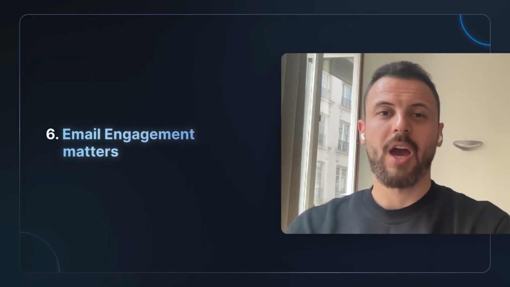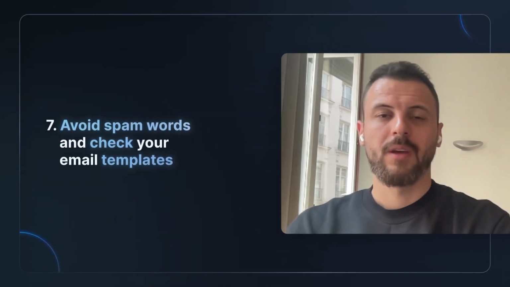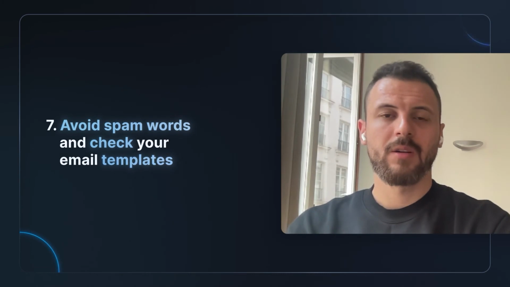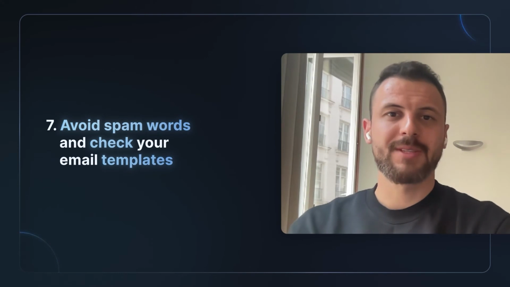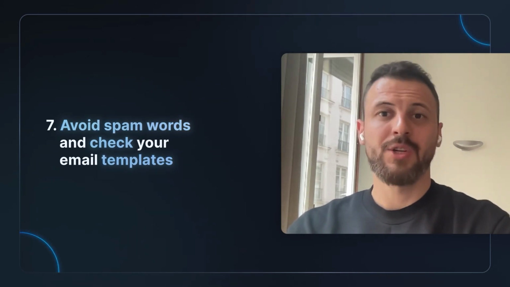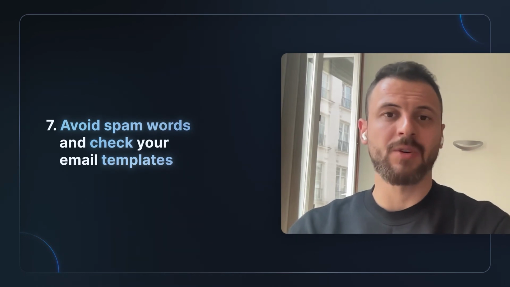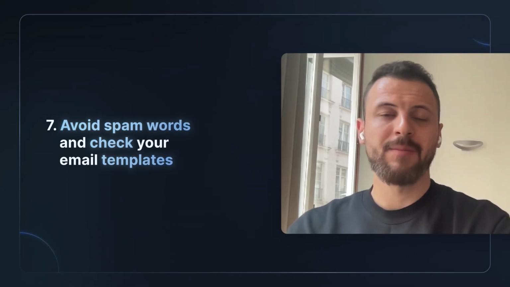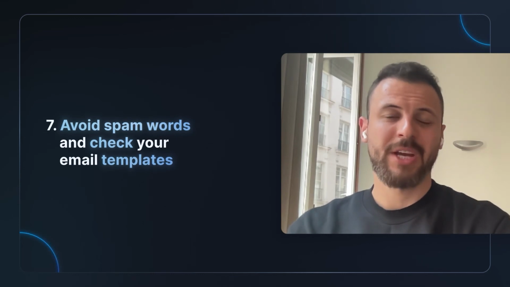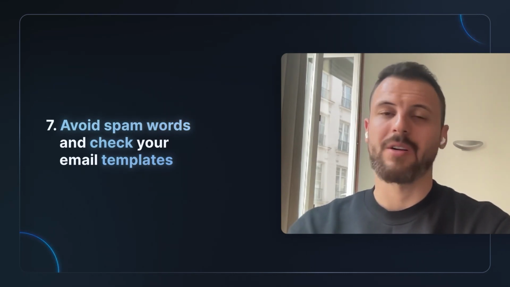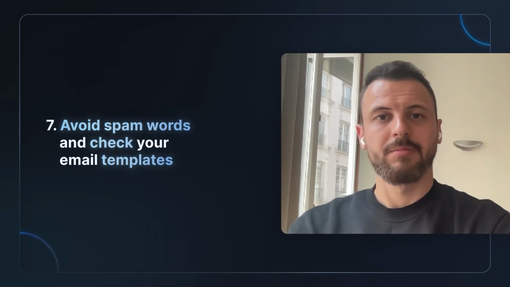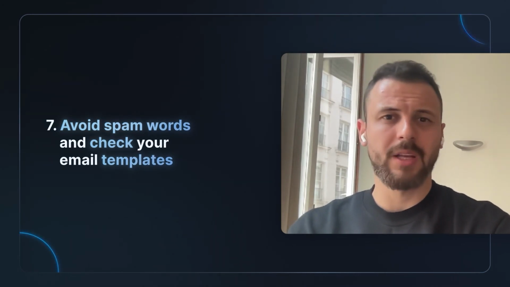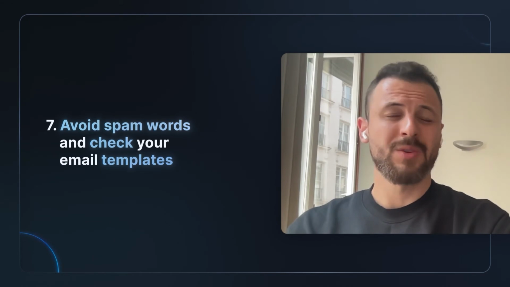Number 7, avoid spam words. The spam words are the words that are used by most spammers or mass mailers that spam filters know about, that they detect in your email copy. And the more spam words you have, the more chances are that you're going to be blacklisted or generally flagged. To know what is the current list of spam words, you can Google it,